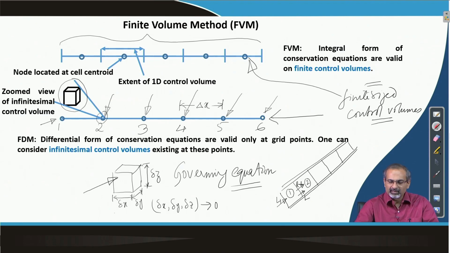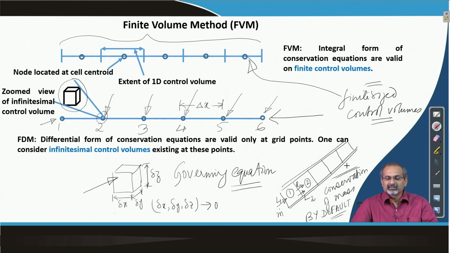So, L1 R1 for the first control volume lets in a certain amount of mass at a certain time rate. What enters through L1 is what leaves through R1, and then what leaves through R1 enters L2. So, what are we talking about? We are talking about conservation of mass by default, if we are having such a system of side by side control volumes like the ones we have drawn here.